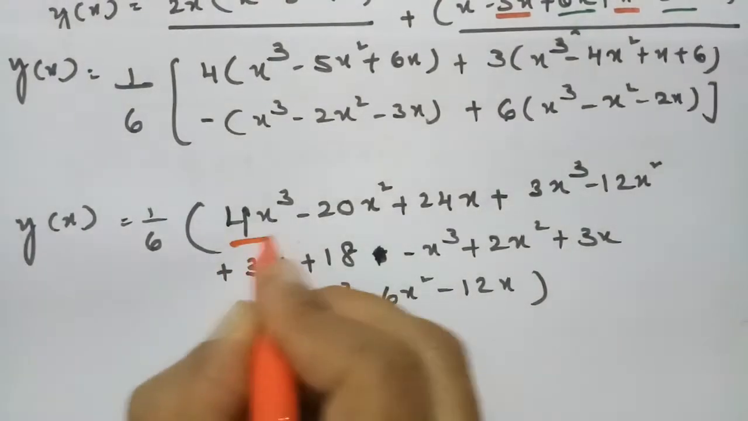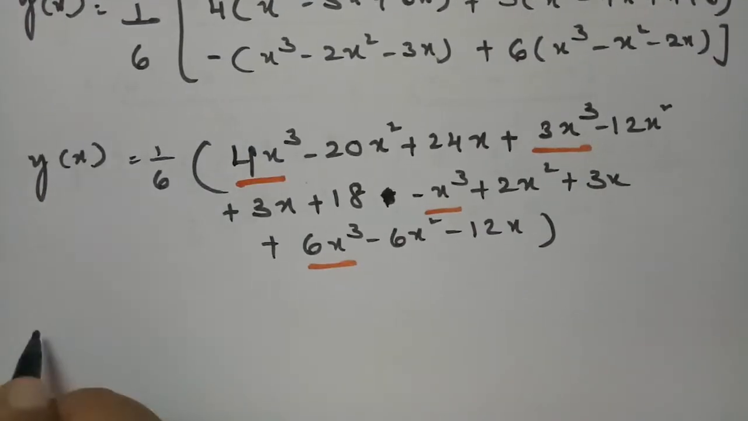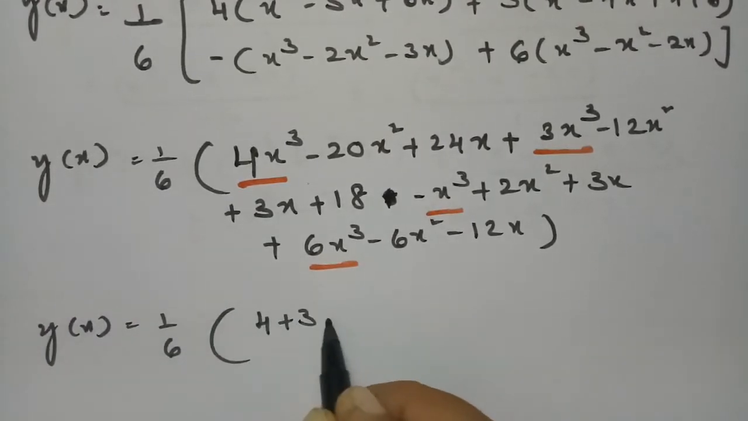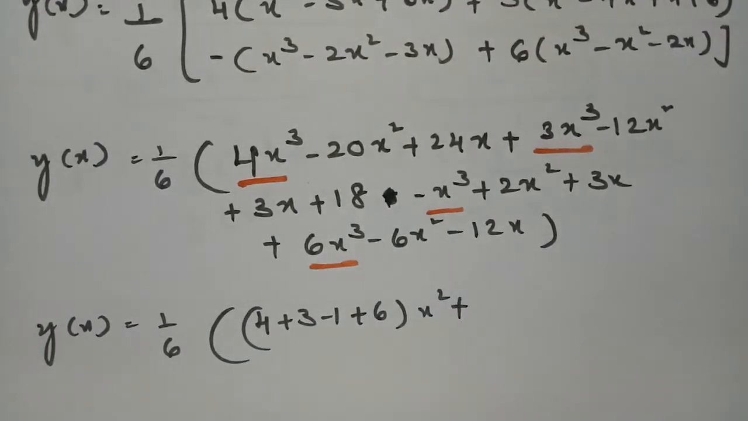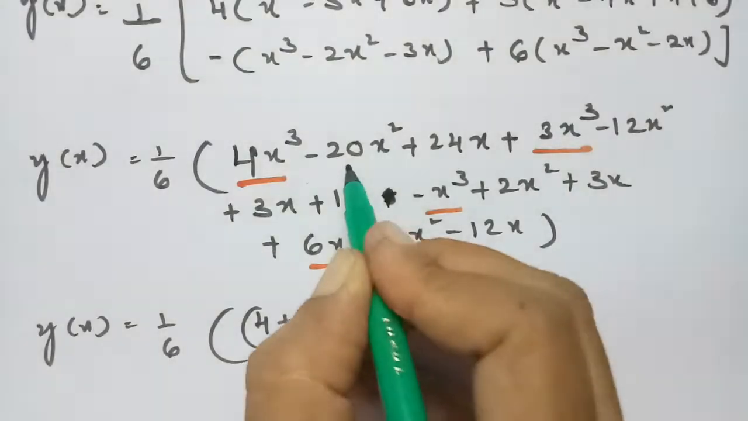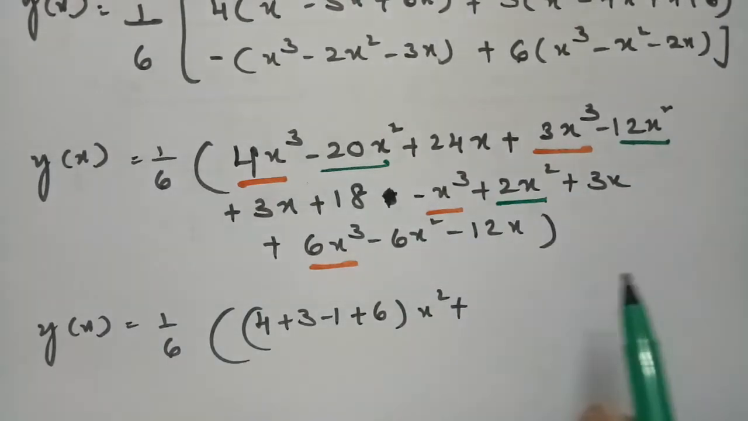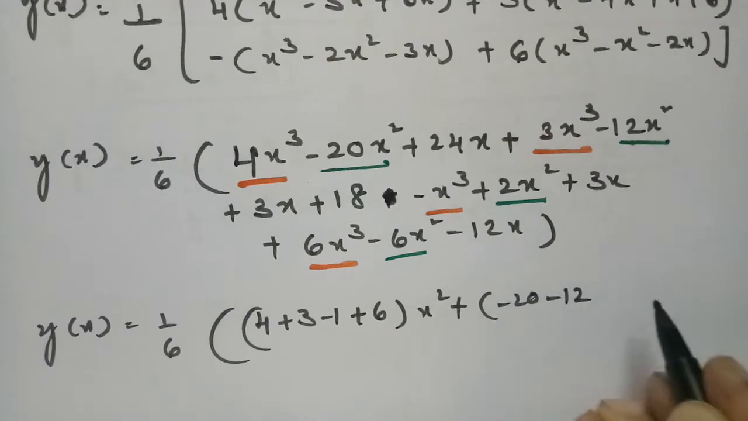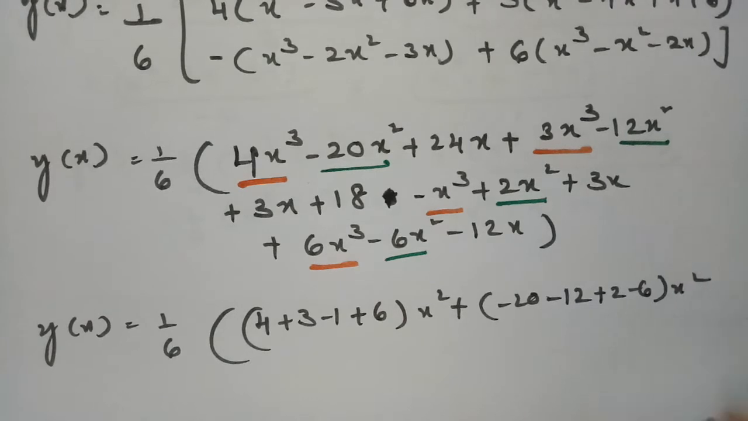So if you take x cube terms common, then see what happens here. y at x is equal to 1 by 6 times of 4 plus 3 minus 1 plus 6 into x square. So if I take x square common, this is 12x minus 20 minus 12, and here this is 2 and this is minus 6. So this is minus 20 minus 12, and this is plus 2 minus 6x square, and again,